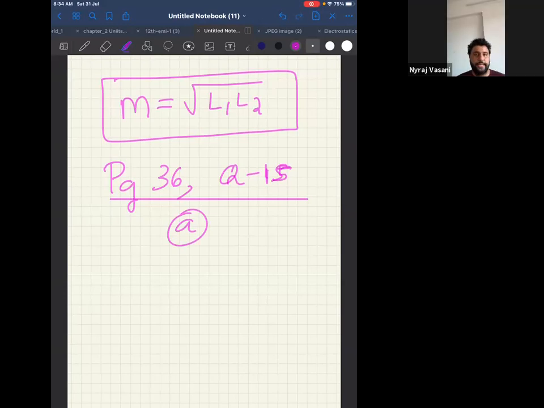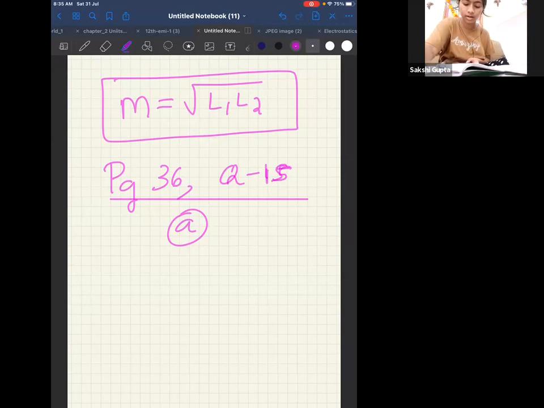Okay, with that, we complete this topic. Now listen to me. In this module, you have 2 chapters, correct? Electromagnetic induction and alternating current. You will have exams separately for this. This Sunday you have something, correct? Next Sunday, tell me which exam do you have? Do you remember or do you have the timetable? It's EMI and alternating. Yeah.